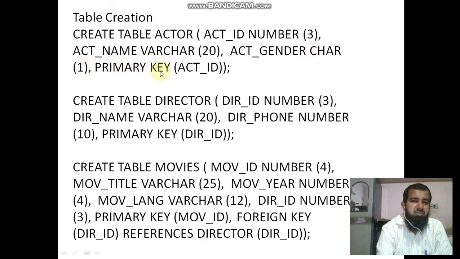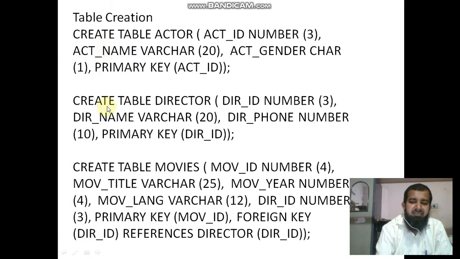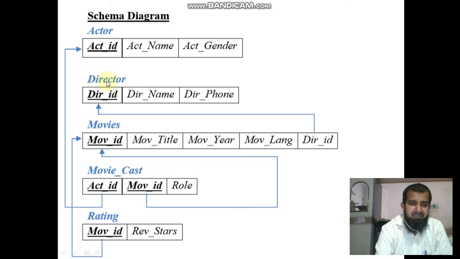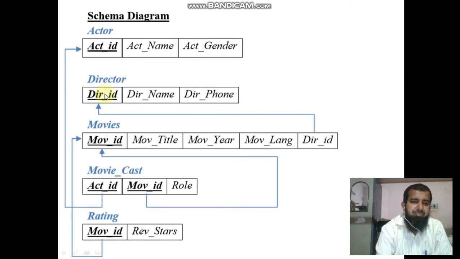Actor ID is the primary key, so only one primary key, actor ID. Next create the director table. Create table director: director ID number, director name varchar, director phone number, primary key is director ID.